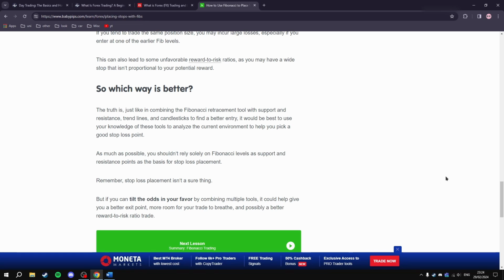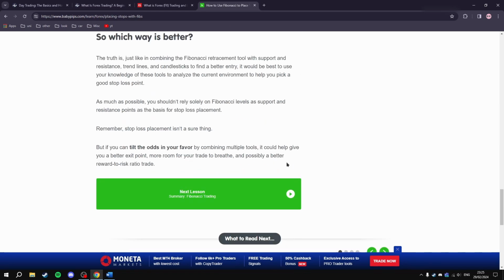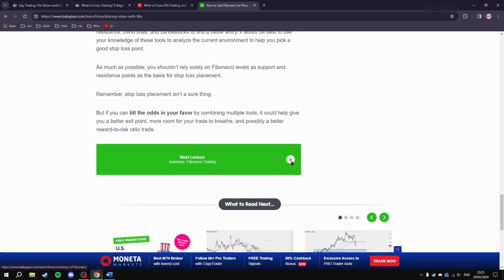So always combine it. I guess use other tools to... I was going to say cross check, but you can't really check, can you? It's just don't solely rely on the Fibonacci one, but incorporate other ones into it. So yeah, that's what I want to say basically. I was going to say something else but I forgot about it, so anyways,